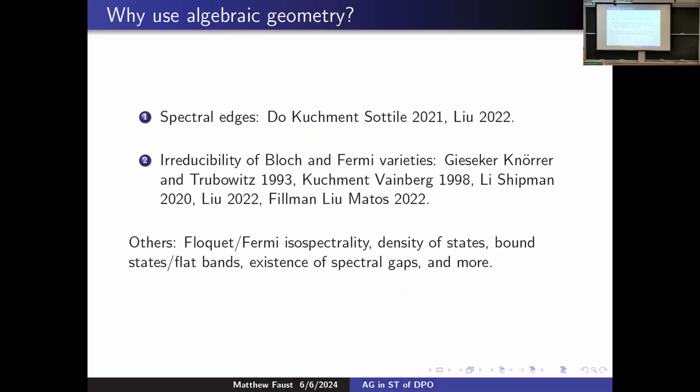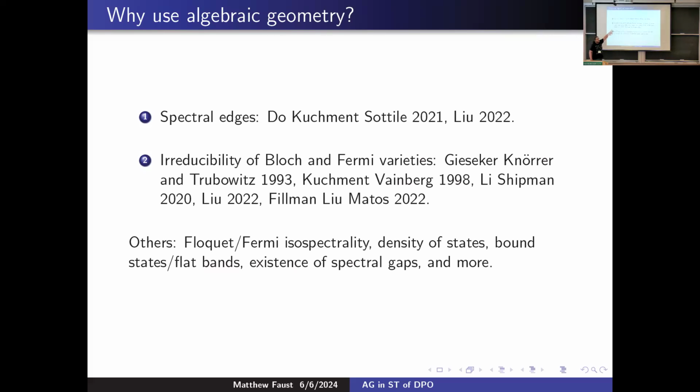Okay, so why are we using algebraic geometry to study these objects? I mean, a lot of people work on discrete periodic operators, but many of them are functional analysts. They don't, I guess, go for these tools. So I wanted to briefly describe some previous works that have used algebraic geometry in the study of various problems coming from spectral theory. And the main ones I will talk about today are